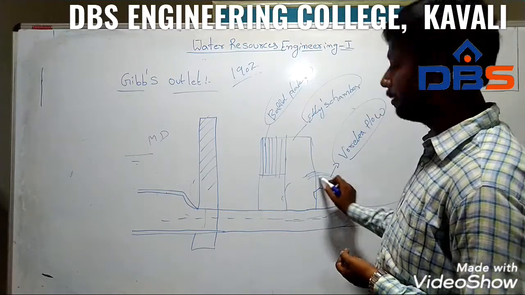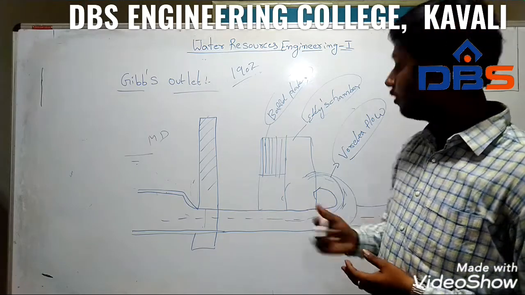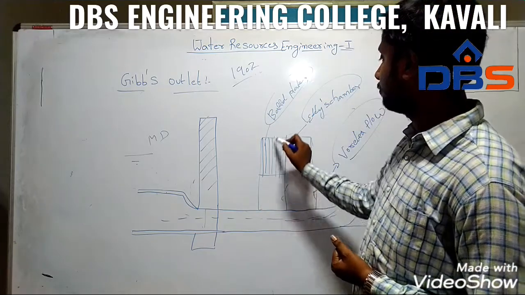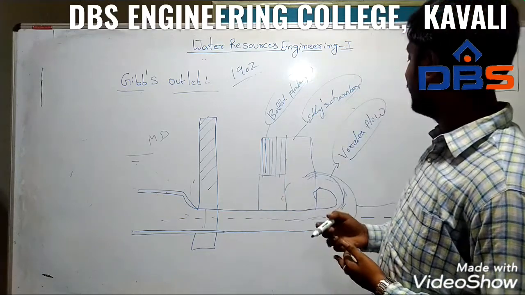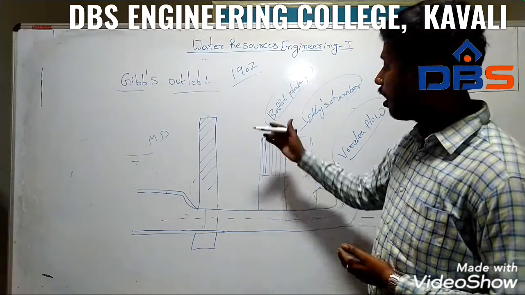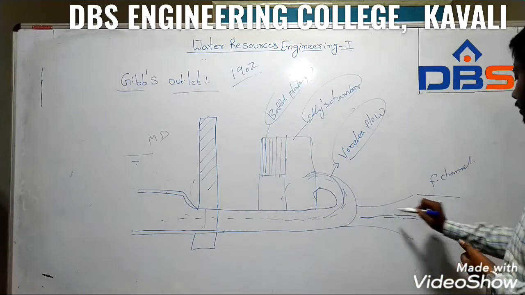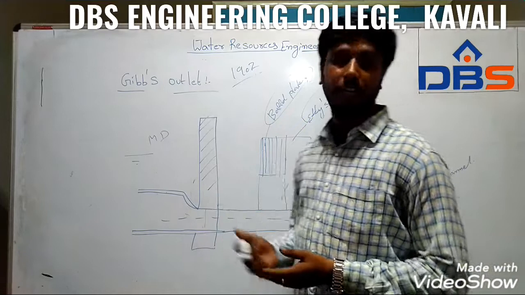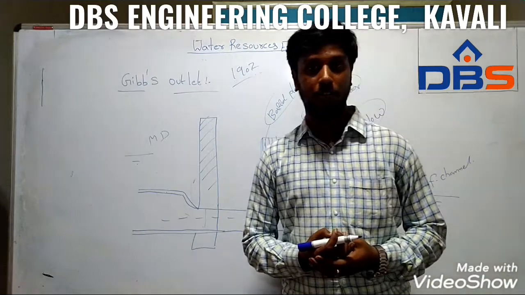That's why we are providing the semicircular one. Higher velocities create a lot of energy, and these kinds of pipes cannot bear that kind of energy. That's why we are using baffle plates. These baffle plates are generally used to dissipate the energy created by the vortex flow of water. So after dissipating all the energy, the water is carried through this pipe to the field channel. So this is the Gibbs modular outlet, which comes under the rigid kind of canal outlet. Okay, thank you.